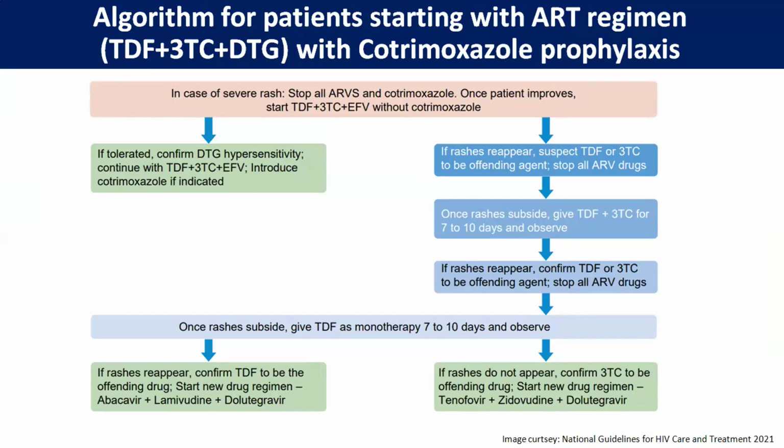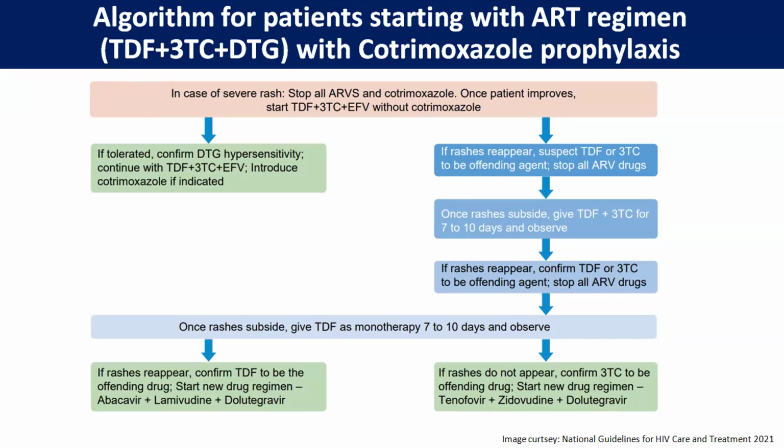Once the patient recovers, stop cotrimoxazole and start only antiretrovirals with TDF, 3TC and dolutegravir. Nowadays, we are not using efavirenz. So if it is well tolerated, you can identify cotrimoxazole as the offending agent. But if the rash appears with TDF, 3TC, DTG, so that these three drugs cause rash, then